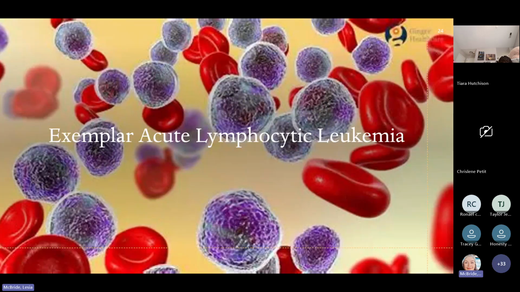Lymphocytic leukemia is characterized by the overproduction of malignant and immature white cells known as blasts. Blasts accumulate in the bone marrow. Of course, they inhibit the production of normal cells, such as red and white blood cells and platelets. A person may have symptoms of fever, infection, shortness of breath, tachycardia, bleeding, and bruising.